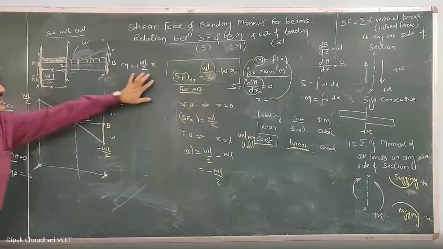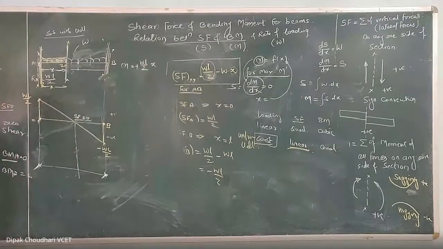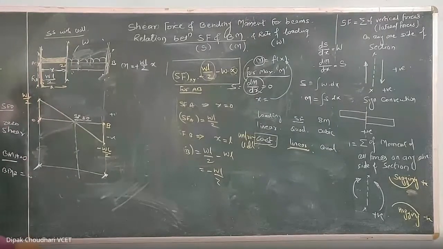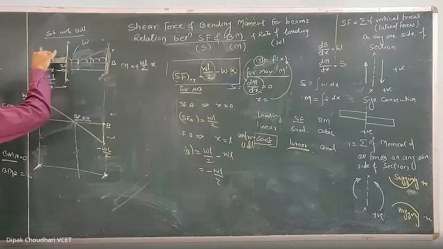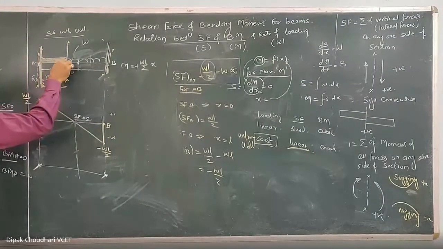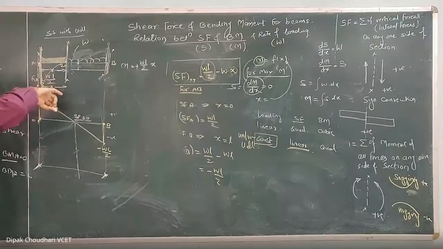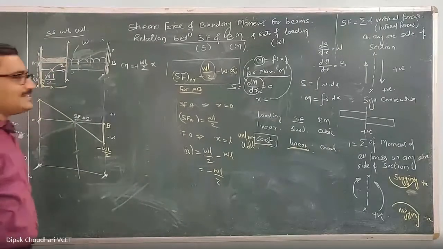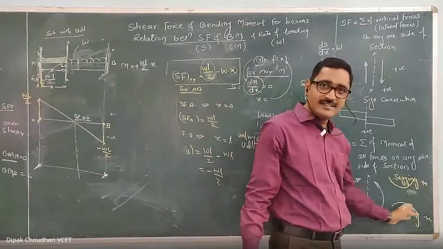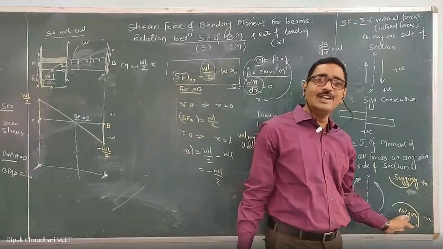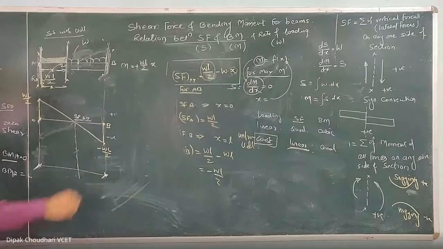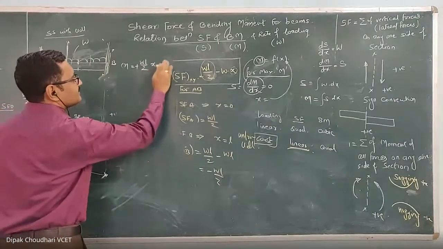Yeah, so this is the bending moment produced by this RA. Then the bending moment because of this UDL. This UDL is acting downward. The moment produced because of that downward force about this section XX tends to rotate the beam this way, isn't it? It is rotating convex upward, sad face type. So it is a hogging bending moment. Now since it is a hogging bending moment, it will be minus, isn't it?